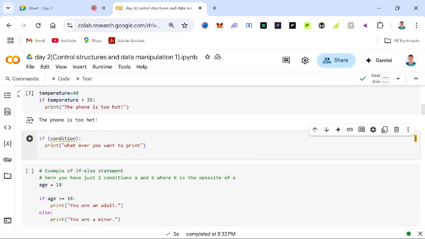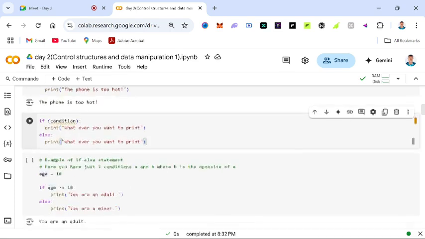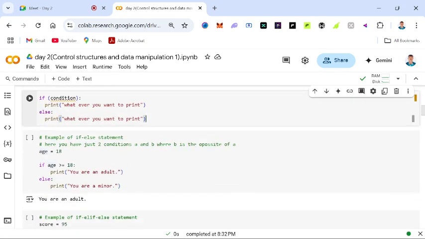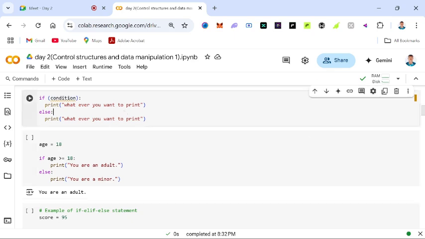The else statement doesn't have any condition. The only thing it has is the quotation mark, and then down you write what you want it to write out. So this is the structure for an if else statement. The if statement is the one that carries the condition. Else auto carries the opposite of whatever condition you wrote here. So the same way we did for the first one,